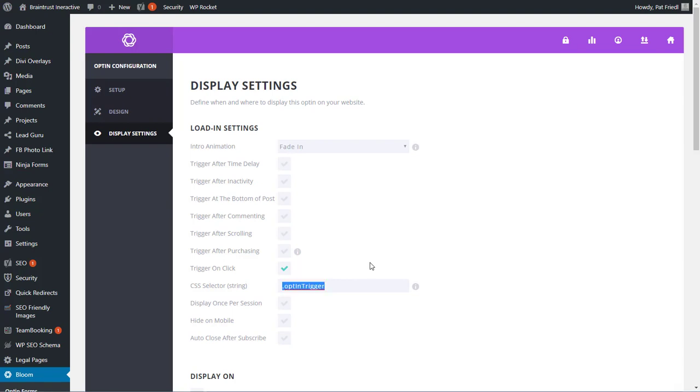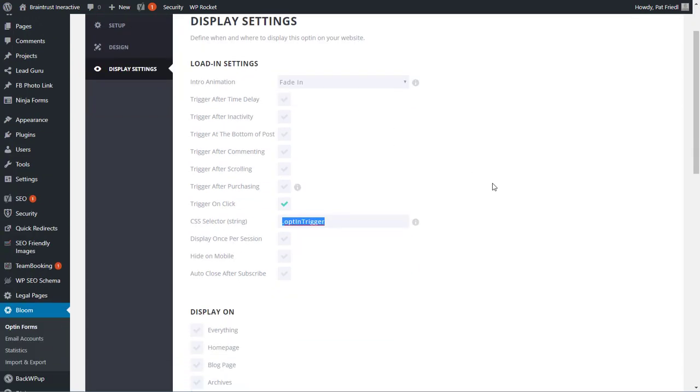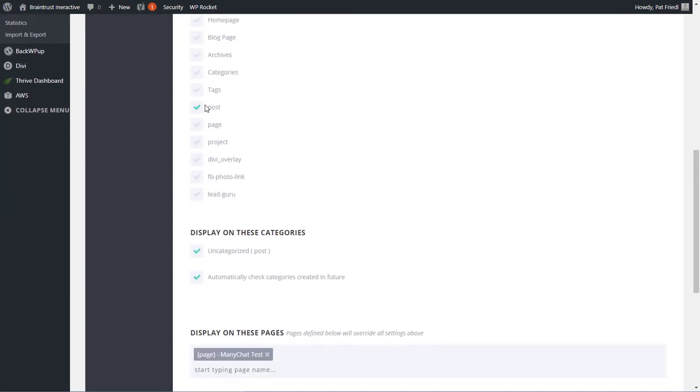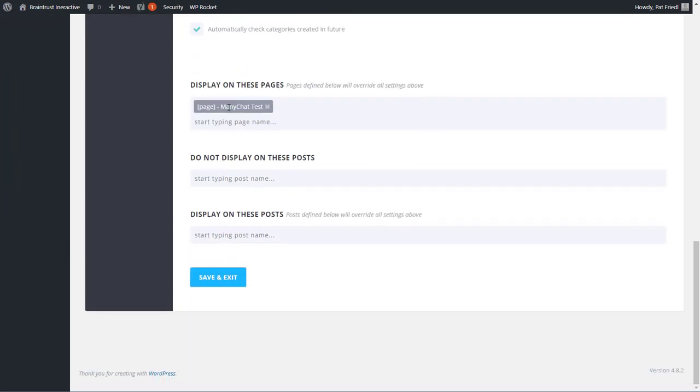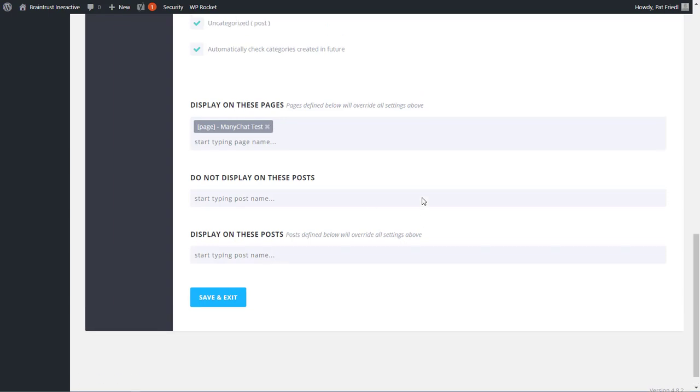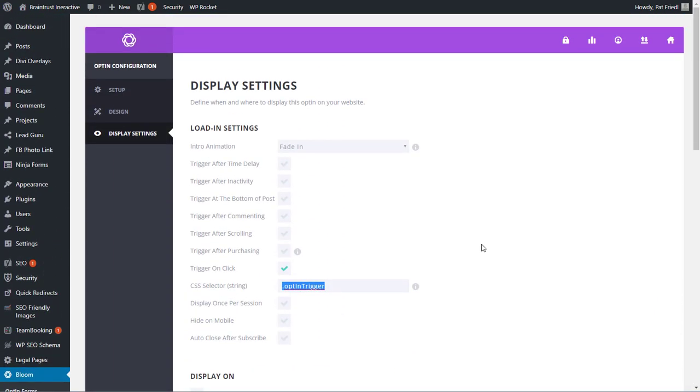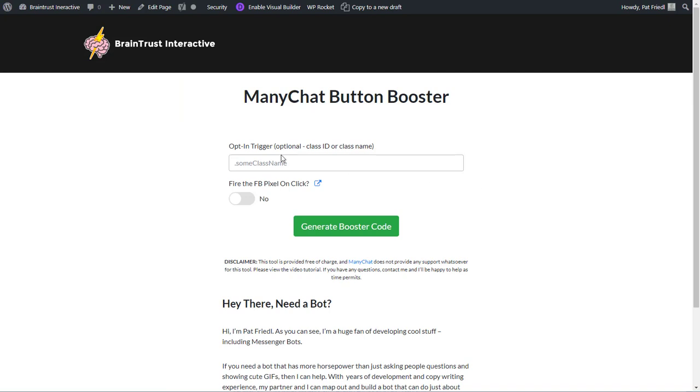So that's set up for your opt-in here, and then we want to go down here and make sure it's set up on a post and that it's set up on the page that we're going to test. Okay, so that's how you set up your Bloom opt-in. You just make sure it triggers on click with a CSS selector. You can name it whatever you want, but you have to make sure that this is consistent in the script. So let's go back to the ManyChat button booster, and we're going to paste that trigger in, and then let's